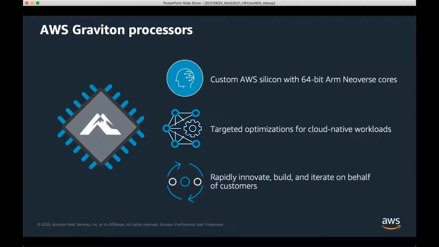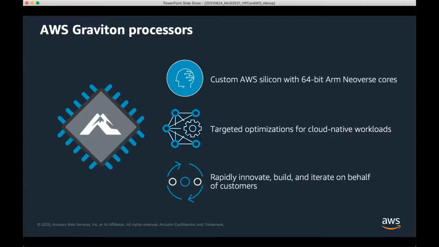The other element I wanted to talk about in this EC2 section is processor choice. So obviously we offer processors from Intel as well as AMD, but we had a lot of other customer requirements that would come in that didn't necessarily fit into an existing processor. And so a few years ago, AWS started on this process of developing our own processors based on the ARM technology.